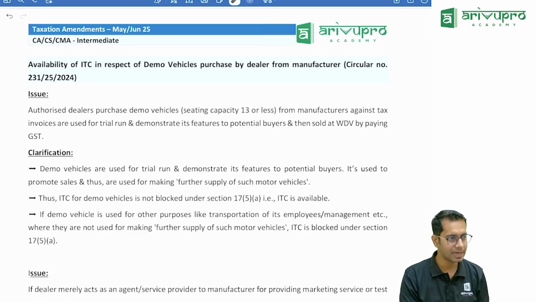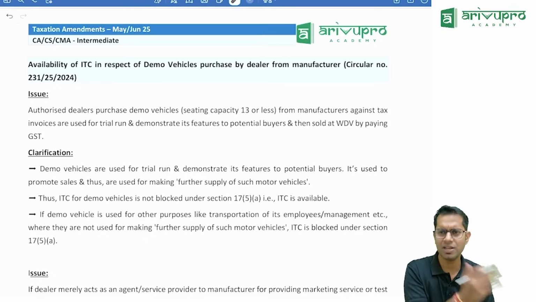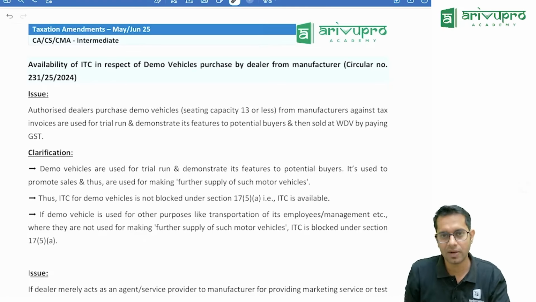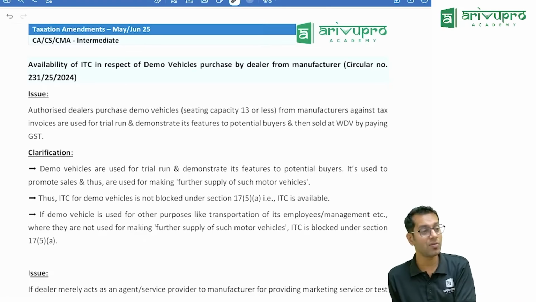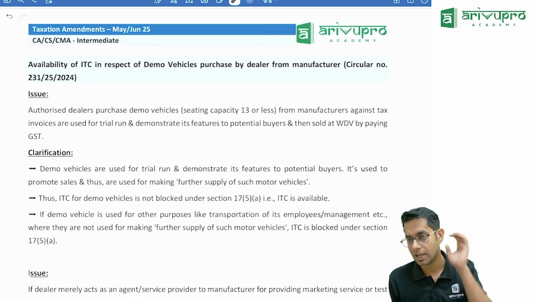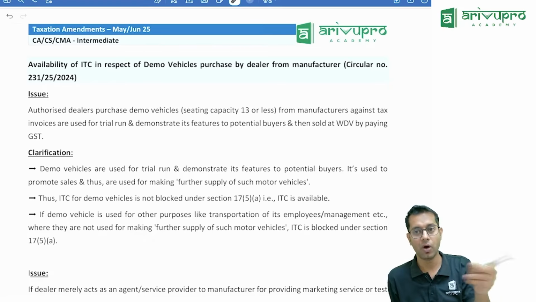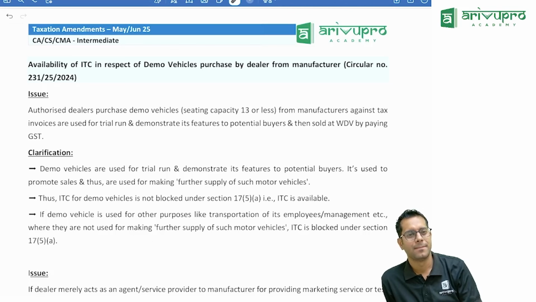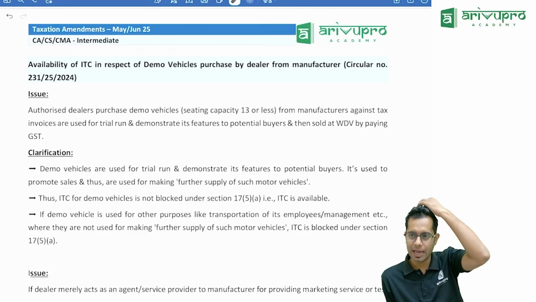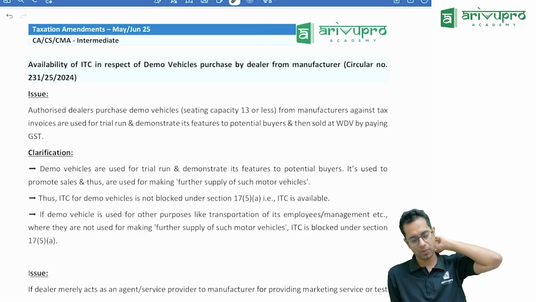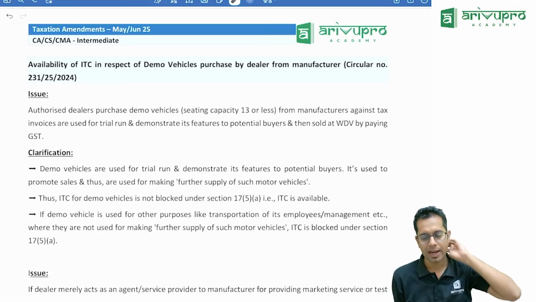For example, in Priya Sarees, if a customer says I want to try this saree, or in many shops, if you want to try a shirt, they'll say, sir, don't try the white shirt, try this shirt. Correct? So now the question is, he is having one shirt of all the sizes: small, medium, large, XL, etc. I am wearing that shirt. They are using that shirt for demo. Now the question is, is GST applicable or not? On the demo shirts I would have paid taxes, whatever it is. Can I take input tax credit?